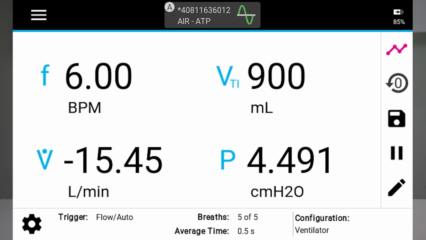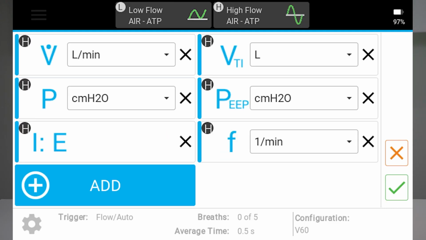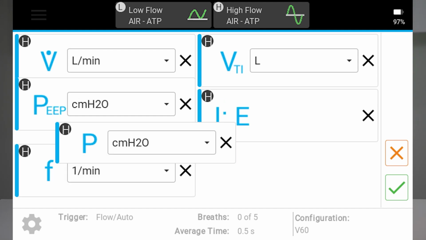To change the measurements or units displayed, touch on any measurement parameter to bring up the Edit Measurements screen. From here, you can add or delete measurement parameters and change your units of measurement. You can also reorder the measurements by touching and dragging on individual measurements to your desired location.